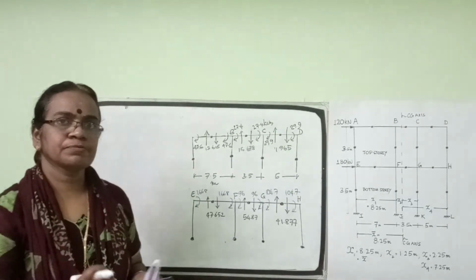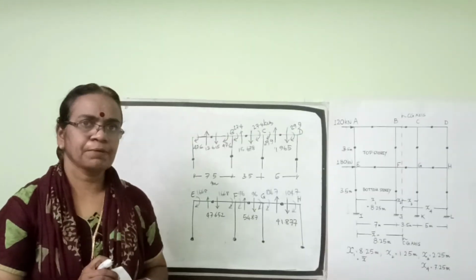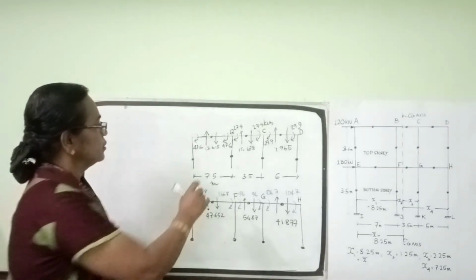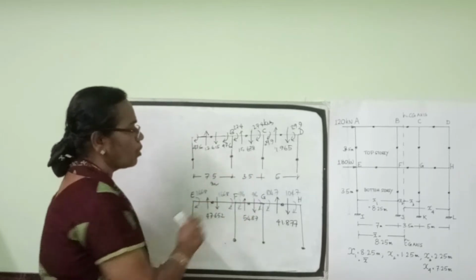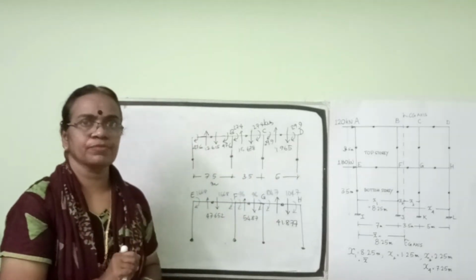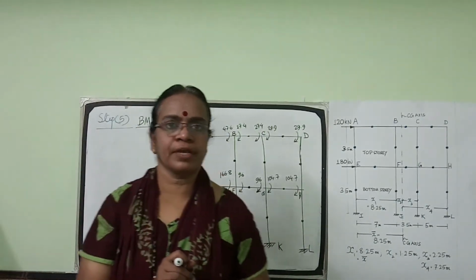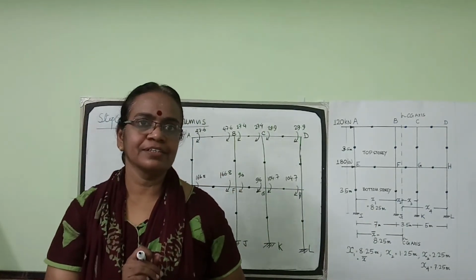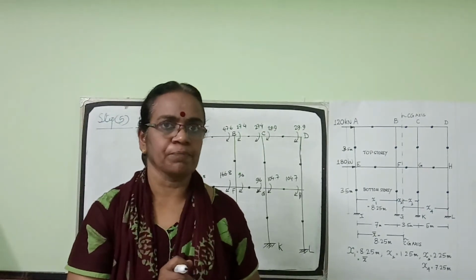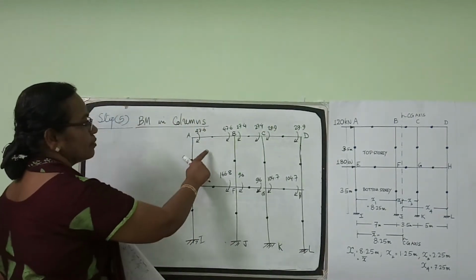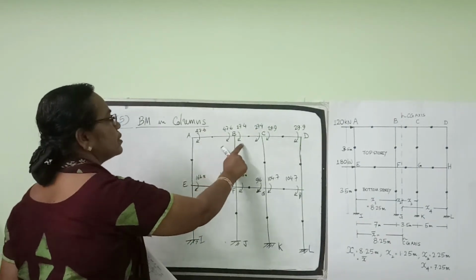Okay, so from the first step, we have got the bending moment at both ends of the beam as shear force in the span by 2. Similarly, we have got all the bending moments in both ends of the beams. Now we are passing on to the next step, bending moment in the column ends. What are the bending moments at both ends of the column? For that, I have marked the values obtained from the previous step, the bending moment in B, 47.6, 27.4,